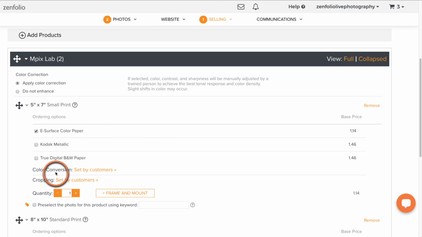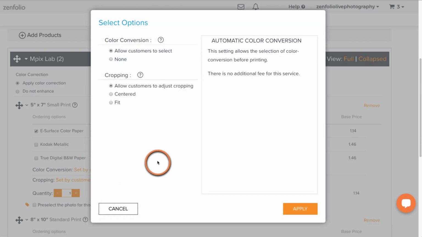Now currently this is set to let your clients choose color conversion. And what color conversion is, it lets your client do a black and white or sepia tone conversion to your photos. It does not cost you anything. It doesn't cost them anything. This is just a personal preference. As a photographer, I want to keep that creative control in my own hands. I don't want somebody sepia toning my images and sharing them on Facebook or getting them printed sepia tone. If my clients want them sepia toned, they can email me and ask me for it.